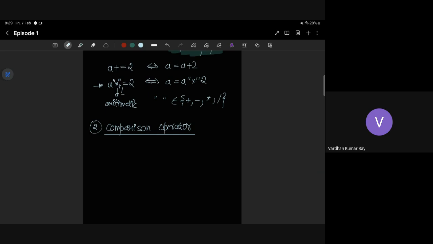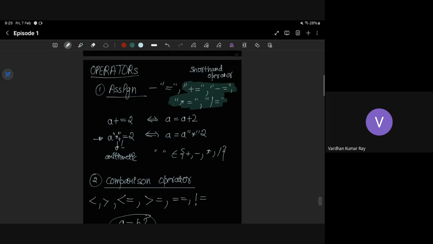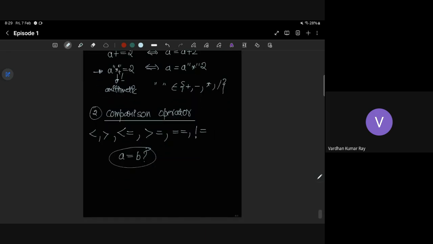For comparison operators, people are giving me examples now. It's less than or equal to, greater than or equal to, and before that there are less than and greater than. Then we have the equality symbol, which is very different from math. I was really confused when I started learning languages. If double equal to is there, then I also have not equal to. In math, I can write A equal to B with a question mark to ask whether A is equal to B, because assignment is not very involved in math. But in programming, assignment is a very crucial part. That's why I have the equal to symbol for assignment and double equal to to check whether things are equal.